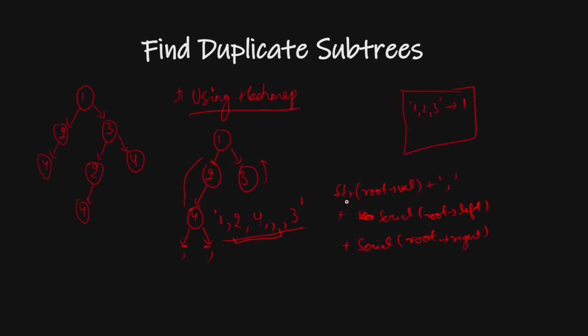With the help of this, I will store the complete subtree, and I will check in my map whether the count of this value is 2 or greater than 1. If so, what will I return, this string? No, I will return its root. I have to return only the root, not the complete binary tree. So let's check out the code and do a dry run to understand it more clearly.